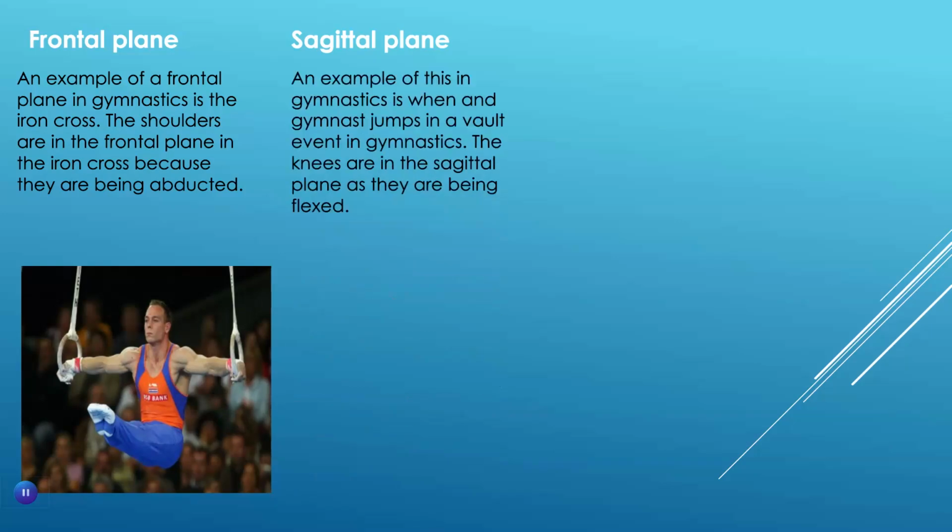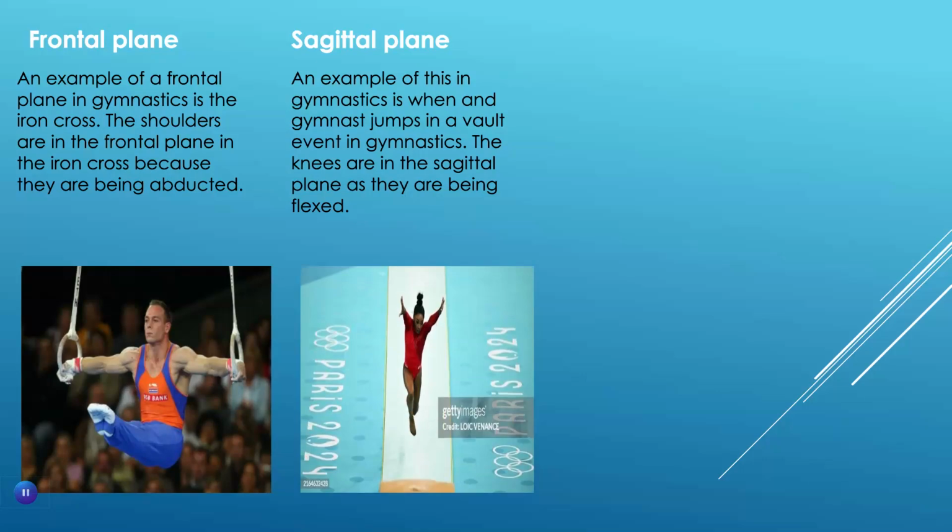Sagittal plane. An example of this in gymnastics is when a gymnast jumps in a vault event. The knees are in the sagittal plane as they're being flexed. In a vault, the gymnast will run up and just before they jump, flex their knees to